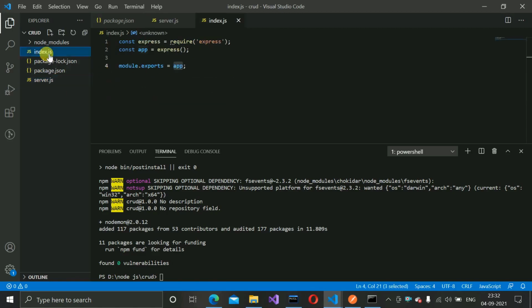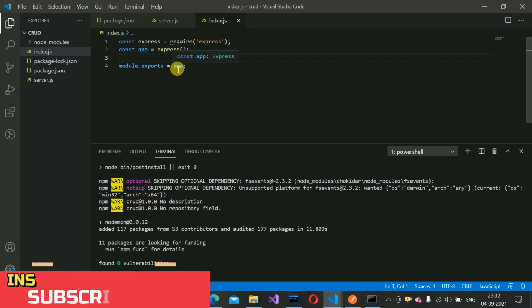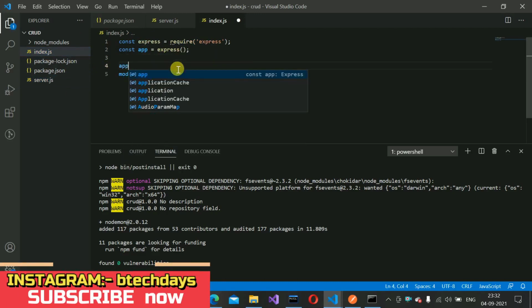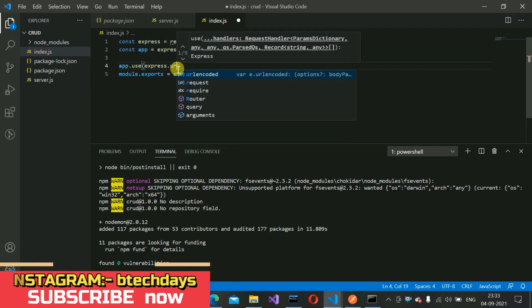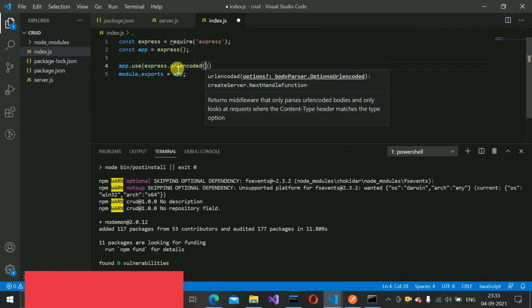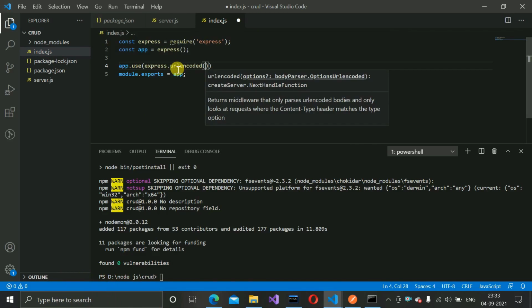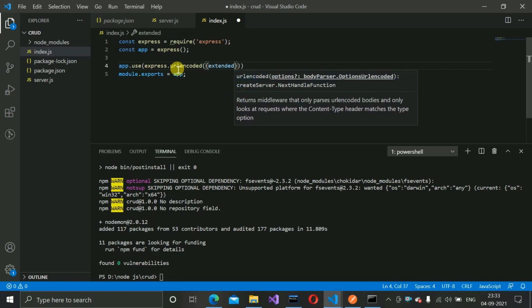Okay, so let's get back to index.js, and here we have to use a few things. So app.use, this one, and express.urlencoded. This is basically required, similar to the body parser. So whenever you pass the body in JSON format, it will get the values, and then you are able to use it in your APIs. If you are not writing these two lines of code, then you are not able to get those values. Okay, so let's write it here, extended, and here we have to write true,